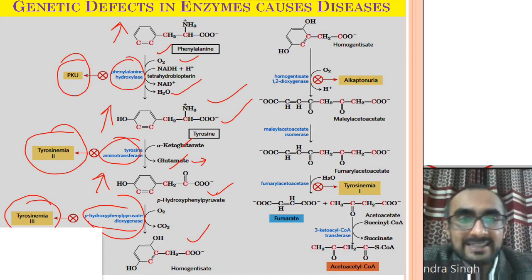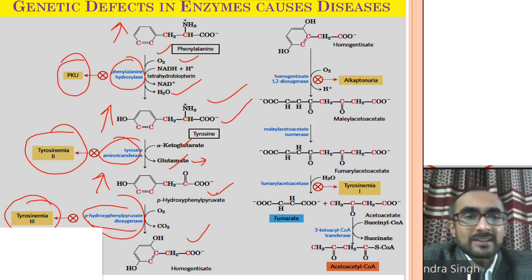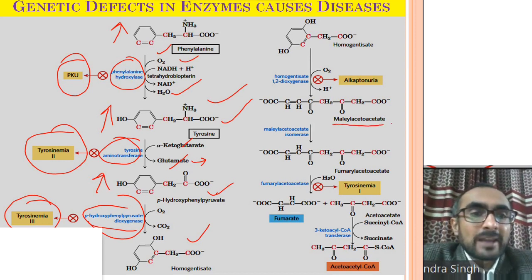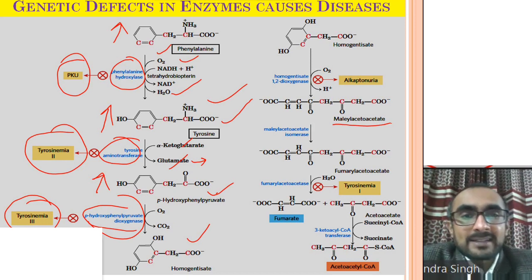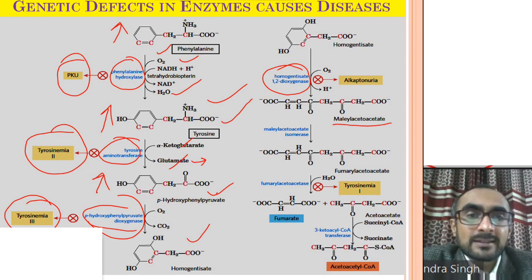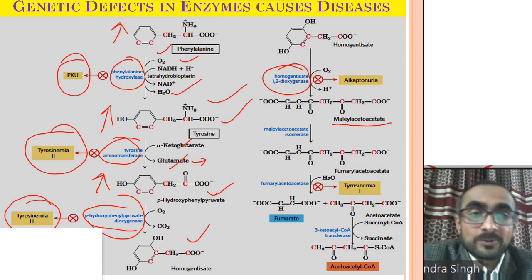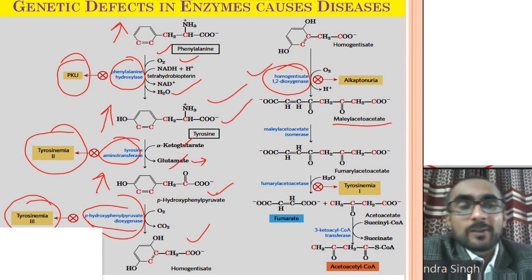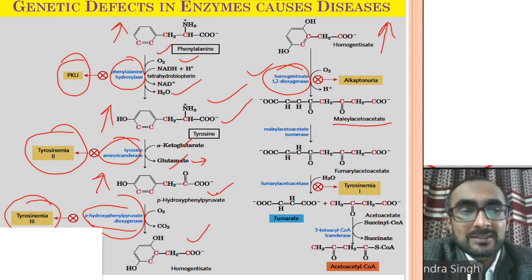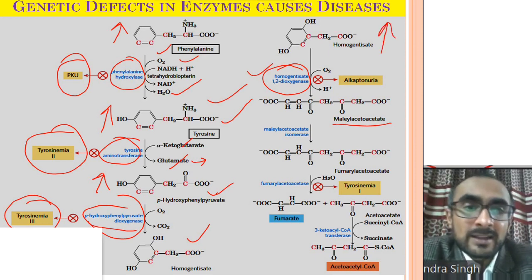Now this homogentisate is further oxidized into maleylacetoacetate by the enzyme homogentisate 1,2-dioxygenase, and genetic defects have been observed in this enzyme as well, where homogentisate concentration is increased in blood and urine, and that state is